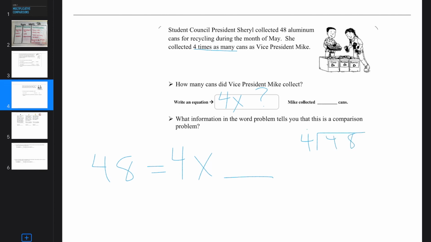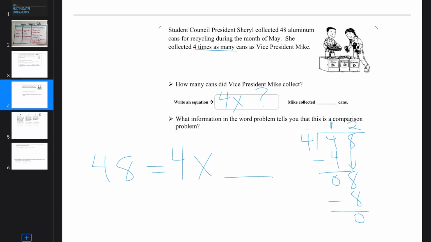So 4 goes into 4 one time. 4 times 1 is 4. 4 minus 4 is 0. Bring it on down and bring it on back. Divide, 4 goes into 8 2 times. 4 times 2 is 8. Subtract, 8 minus 8 is 0. So